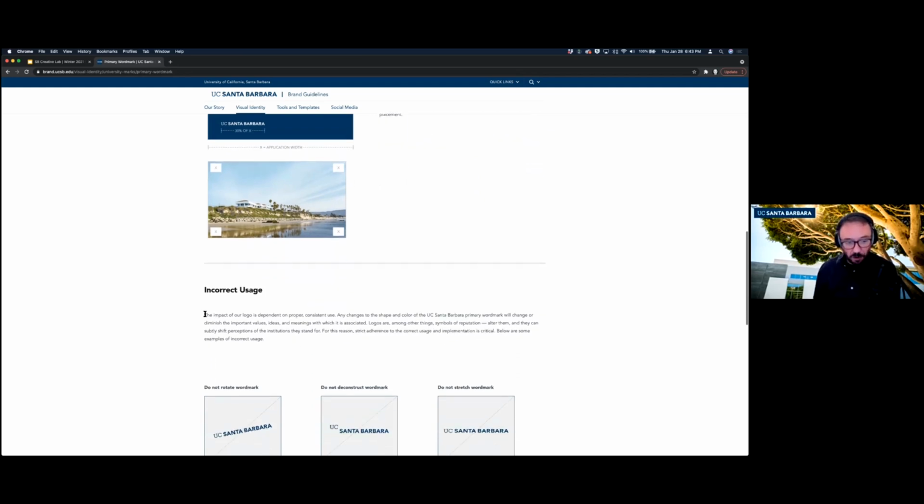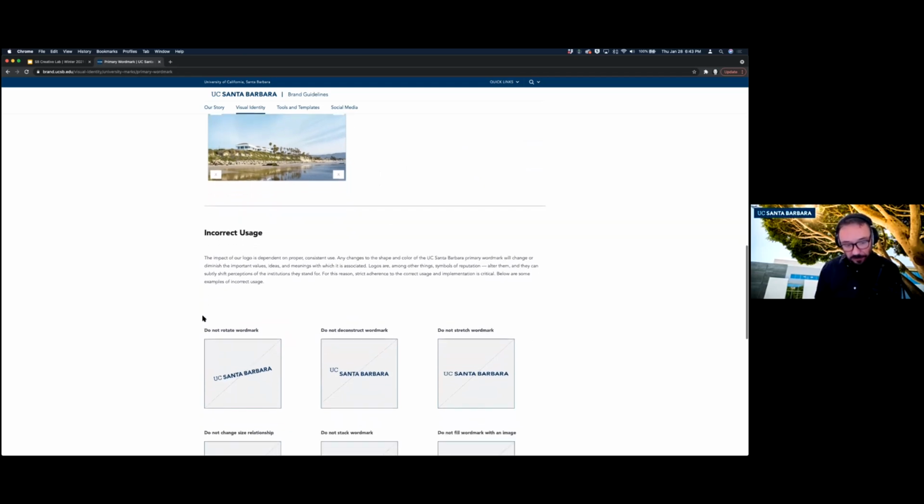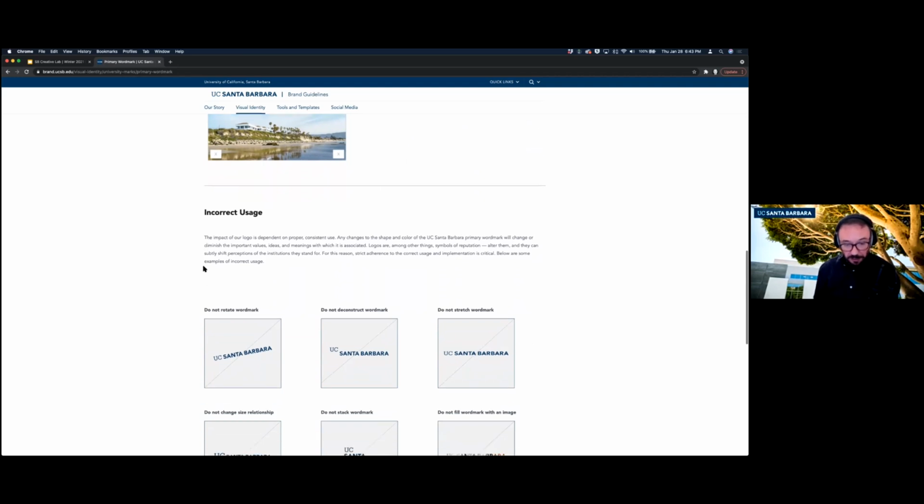Another thing you'll see in all brand guidelines is what not to do. And these are good reminders. For those of you that are more savvy with design, some of this will be obvious, but we know that there are a lot of people on this campus that are tasked with doing design that don't really have a lot of experience and just have to do it as a part of their job duties. And so this is geared for them.